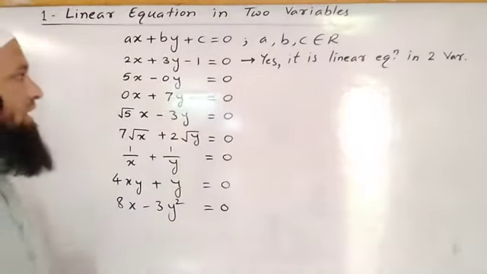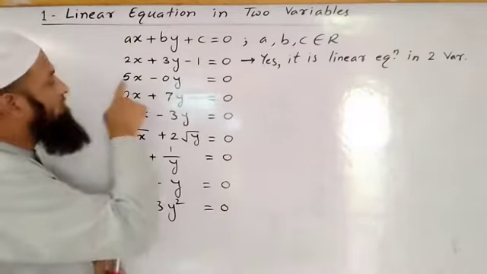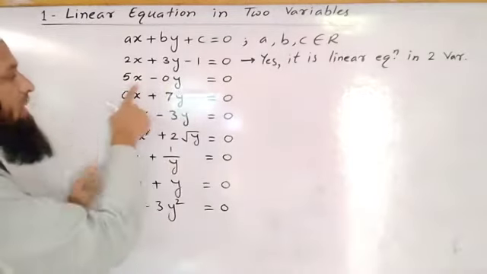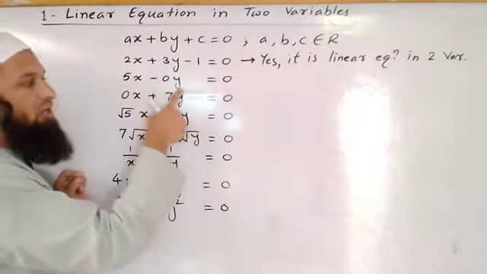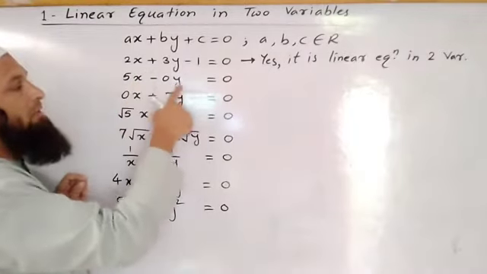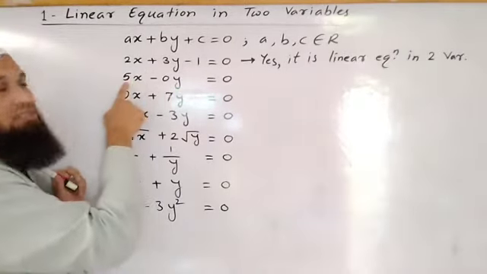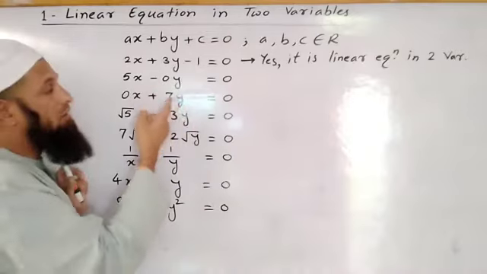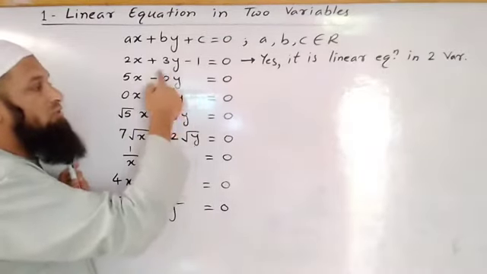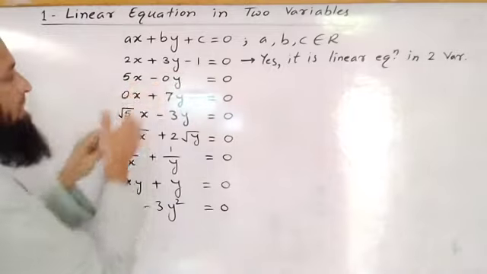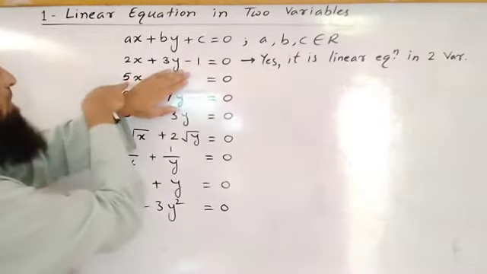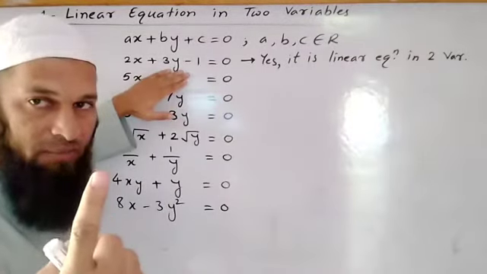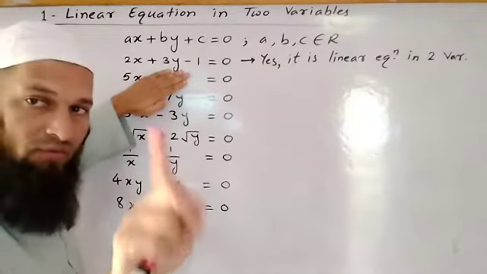Okay, now let us see the next equation. 5x minus 0y is equal to 0. In this equation, very first there are two variables. Now the degree of this term is 1, degree of this term is also 1. Degree means the power. Okay, now the coefficient of x is non-zero number, but here the coefficient of y is 0. So what happens now? 0 into y becomes 0. This term becomes 0. Now if this term became 0, what remained? 5x is equal to 1, and 5x is equal to 1 is nothing but linear equation in one variable. Okay, so it is linear equation but in one variable, not in two variables.